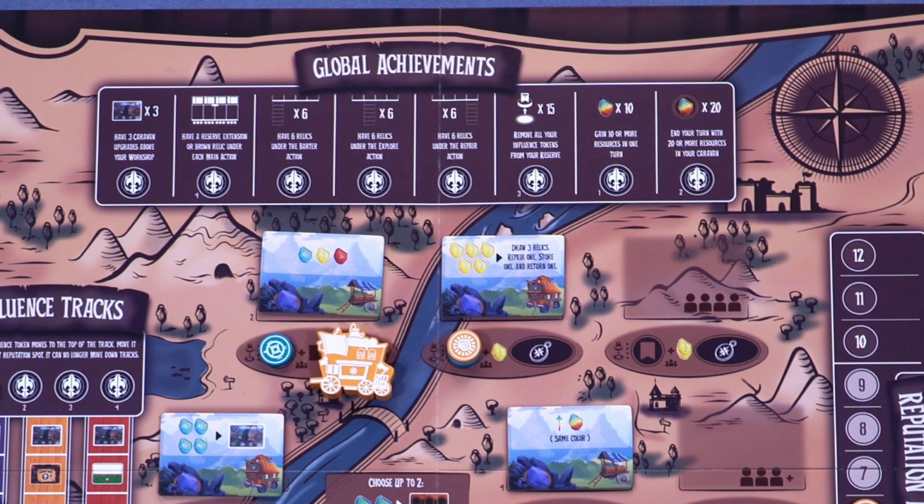Gain 10 or more resources in 1 turn, which you were going to hit, or end your turn with 20 or more resources in your caravan. Another cool one. So we're probably a few turns away from finishing the game, but I think you guys have seen